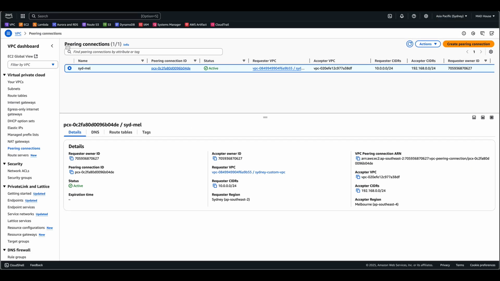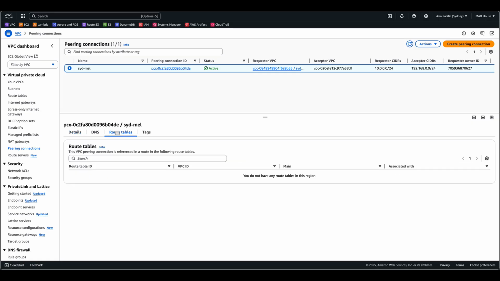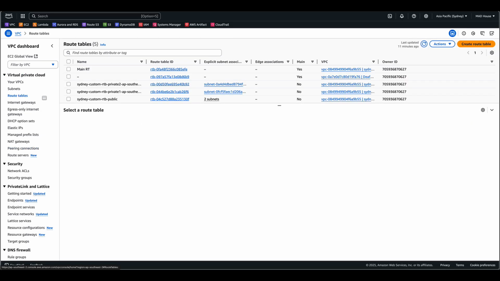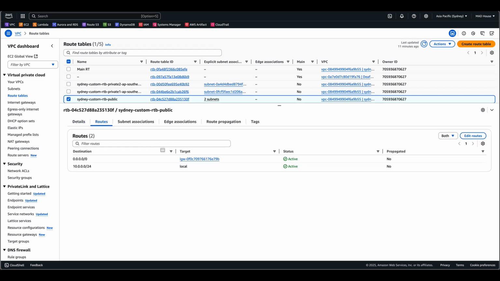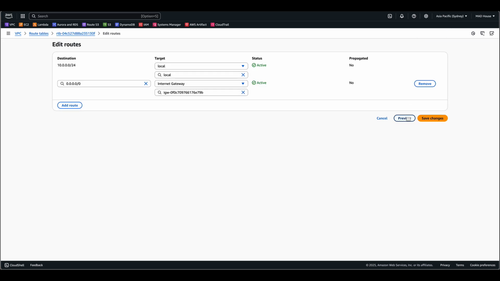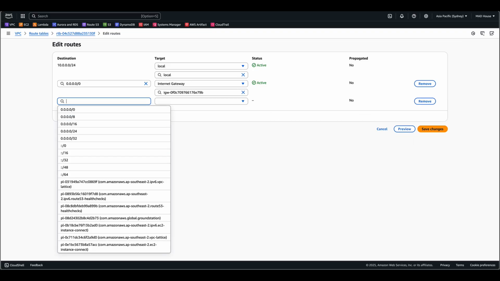So we'll go to VPC. We see the peering is there. Then we'll go to route tables. There is nothing in the route table. So we'll go to the public route table, and I'm going to edit routes, and I'm going to say add route, and I say